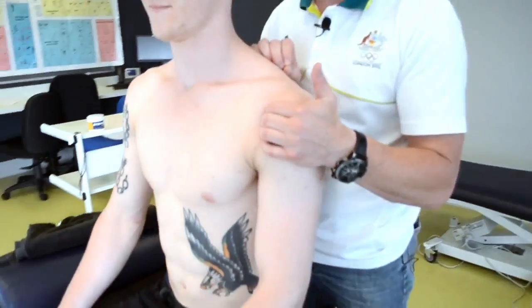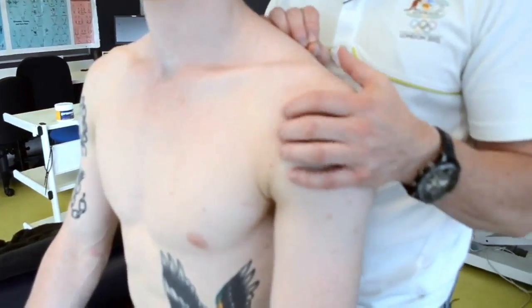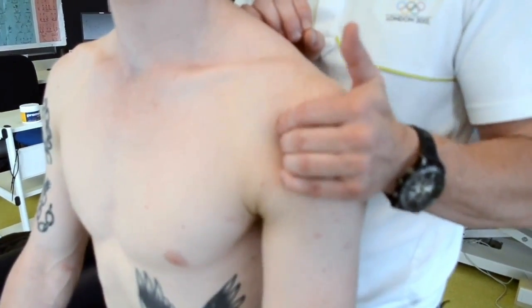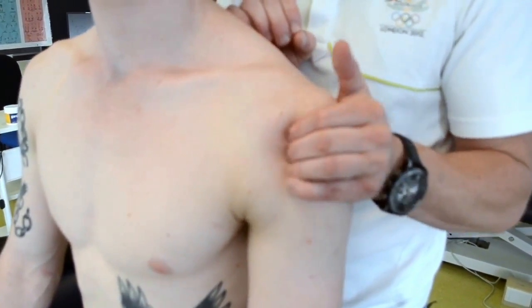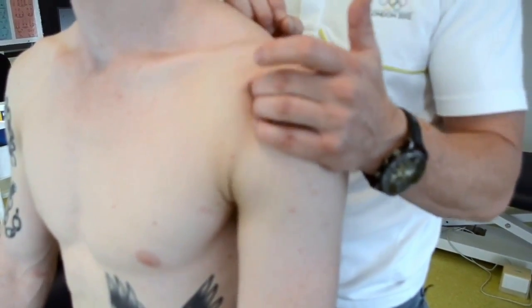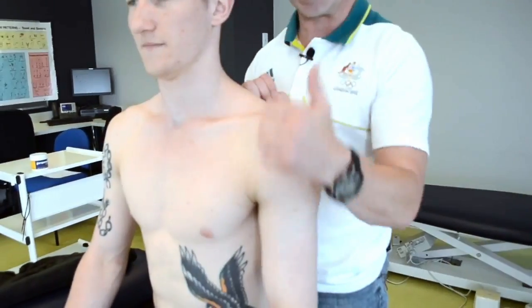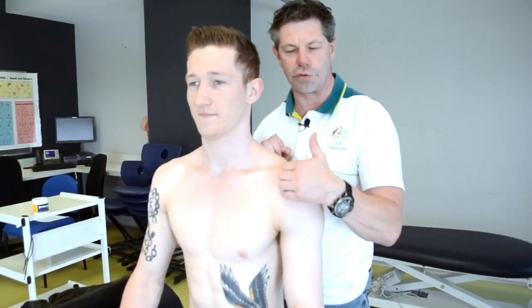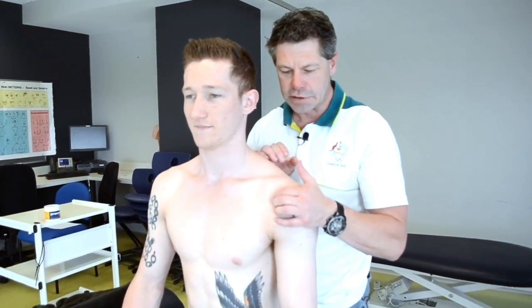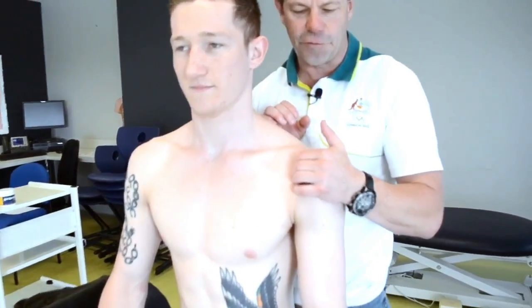Okay. So first thing we want to do is just sink into this tissue here, because one of the things that we see with anterior shoulder pain is, is it related to his anterior deltoid? Is it the subscapularis tendon or the long head of the biceps? A lot of the time you'll find that long head of the biceps is involved because, obviously, for what he's doing, he's pulling up and under, as he said, so you're going to get the most load through that long head of biceps. So I'm going to come into the side here, just pick up through that, almost the front of the